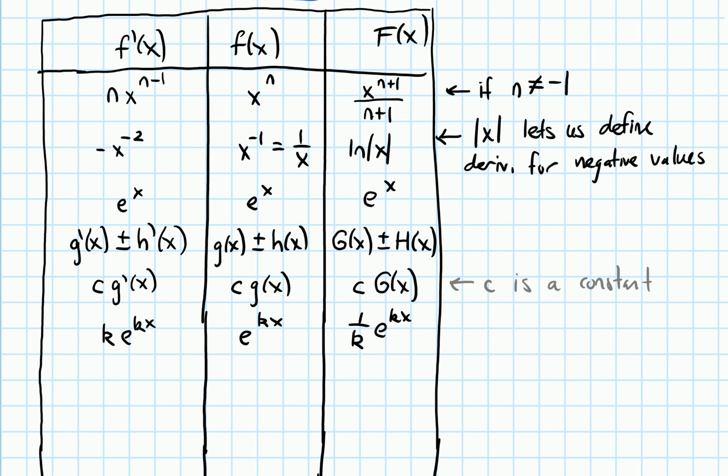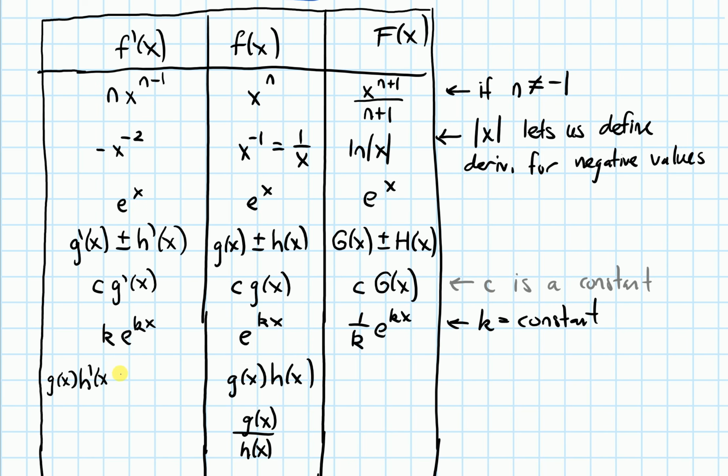So in this formula, k is also a constant. And then finally, what if my function f of x either looks like the product of two functions, so g of x times h of x, or the quotient of two functions, so g of x over h of x? So if you multiply two functions, the derivative involves product rule. So I get the first function times the derivative of the second plus the second function times the derivative of the first. And when you divide two functions and you take the derivative, that's quotient rule, you get low